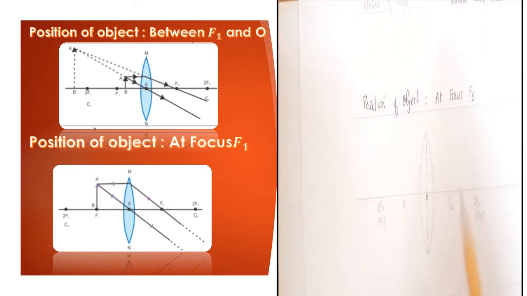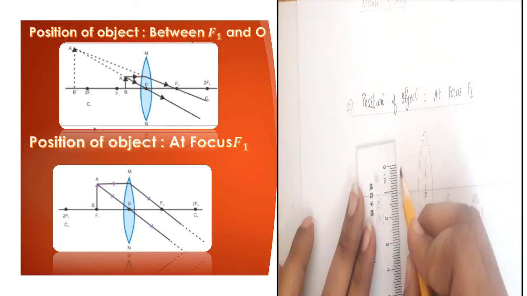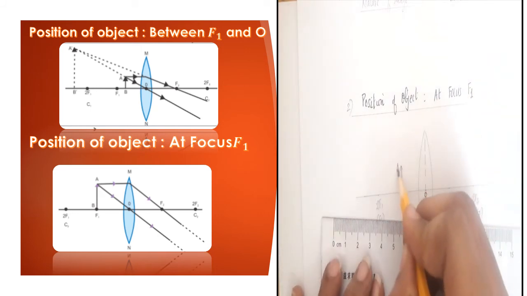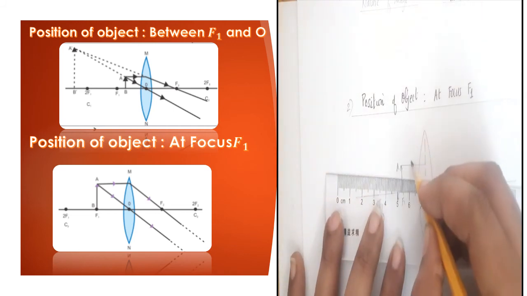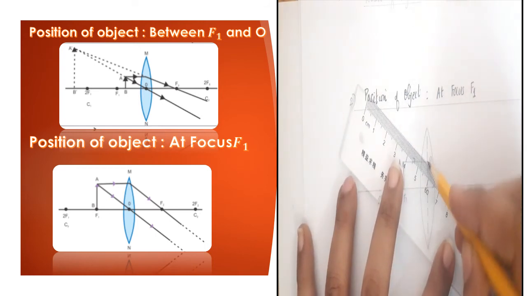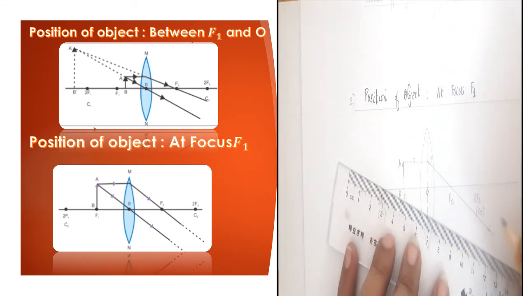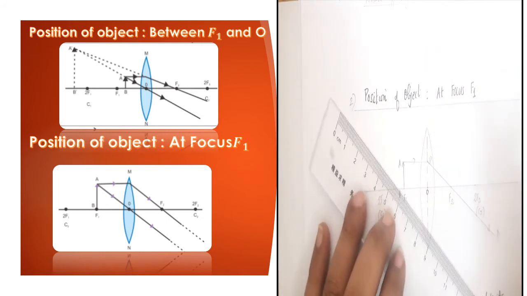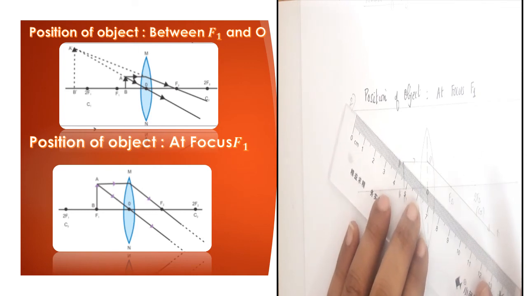The second ray diagram, that is the position of the object at focus, that is at F1. So let us keep the object at F1. This is our object AB. The first light ray moves parallel to the principal axis. Let this be AD, and after refraction it will come out through the principal focus on the other side of the lens. Let this refracted ray be DX. The second light ray will pass through the optic center, and it will go straight according to the rule.